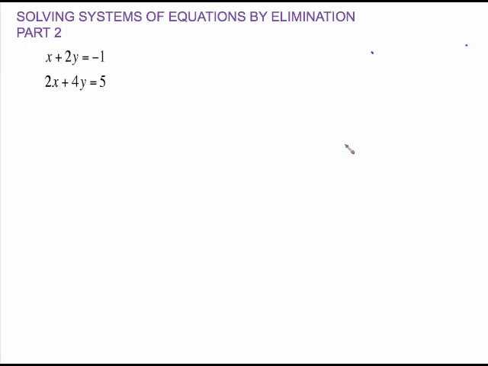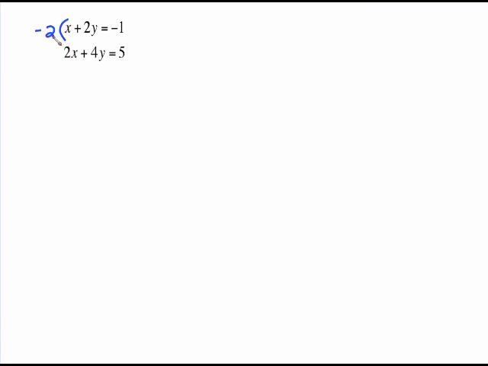This is Solving Systems of Equations by Elimination Part 2. If we're going to eliminate one of these variables, I look here at this x and I think if I could just multiply maybe by -2, that's going to help me eliminate the x. So multiply by -2 is going to give me this equation here. The -2x and 2x cancel, and coincidentally those cancel also, which is just going to give me this statement 0